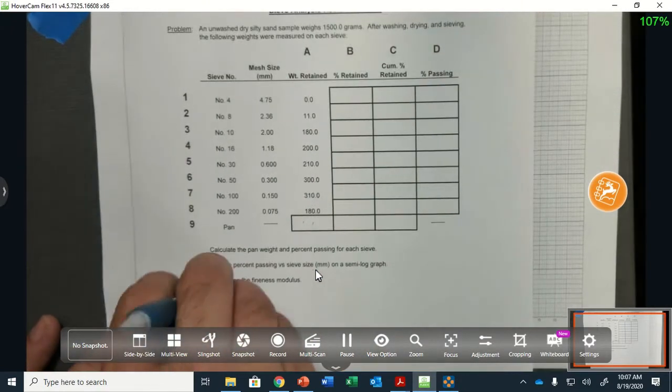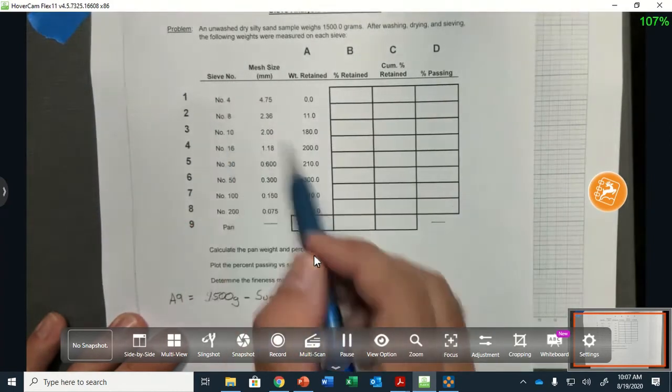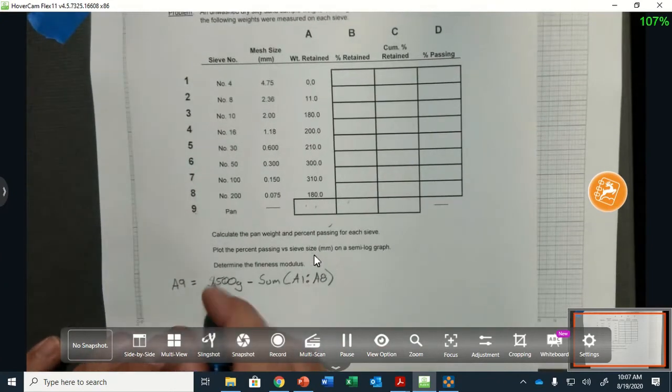We're going to take 1,500 grams, that's our unwashed weight, minus the sum of A1 through A8. So if I do that, that equals